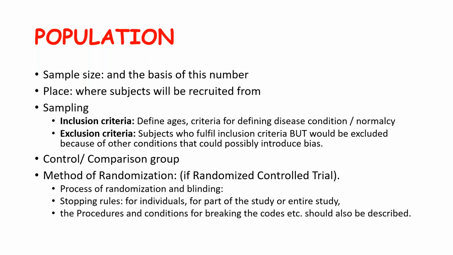Or if you are studying hypertension and the patient is having a renal disease, that will also contribute to the hypertension. So if you are studying essential hypertension, and a person is having renal disease, that will be a confounding factor. So you have to exclude those. That is what is meant by exclusion criteria. So you have to carefully decide on that.